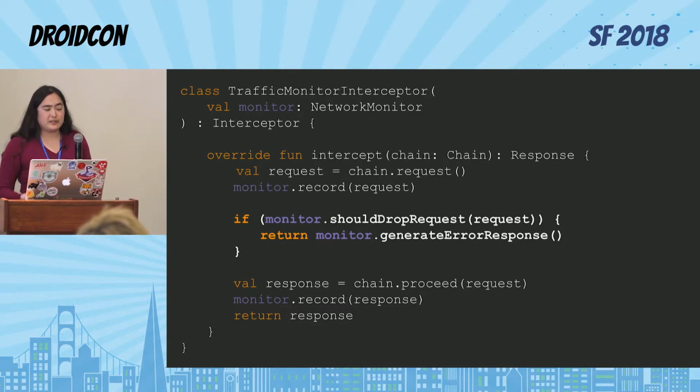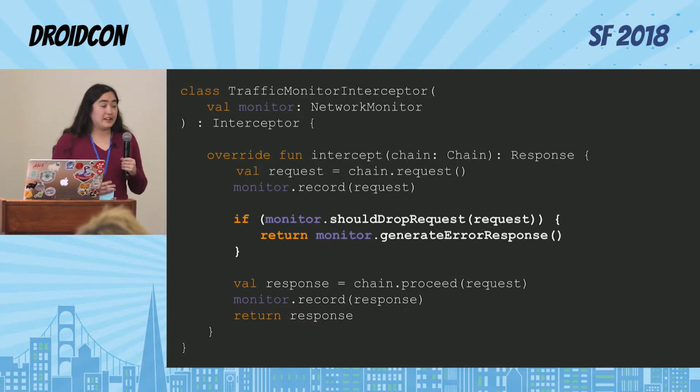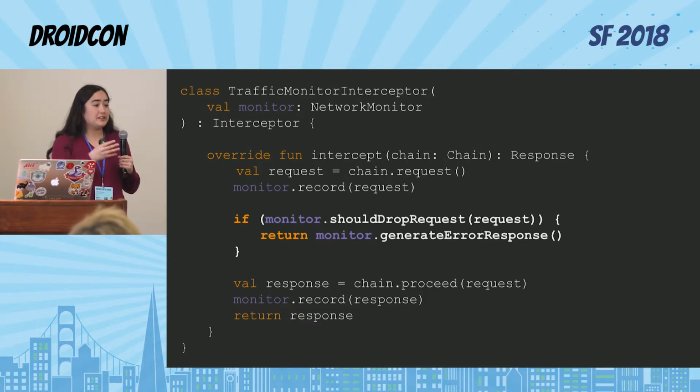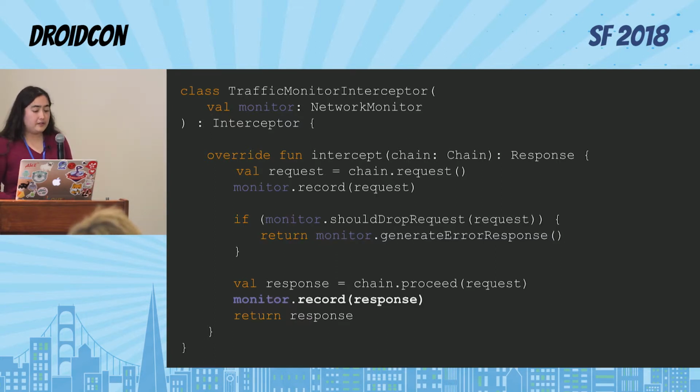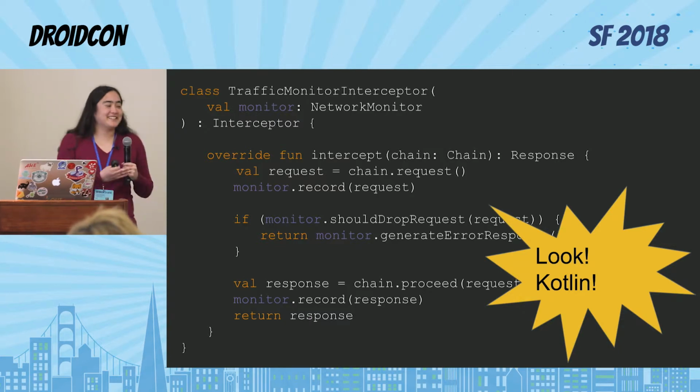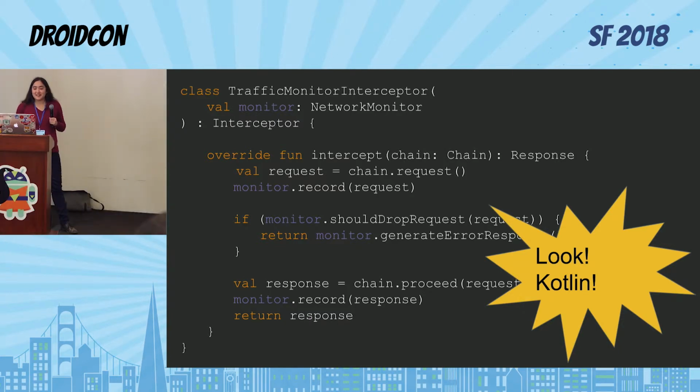One thing that we wanted was that we didn't want to add yet another system that developers had to think about when they're building something. We want something that just works without any kind of active involvement. And if we're not dropping the traffic, we just tell the monitor about the response. The system is built in Kotlin. People seem to like Kotlin, so I thought I would point that out.